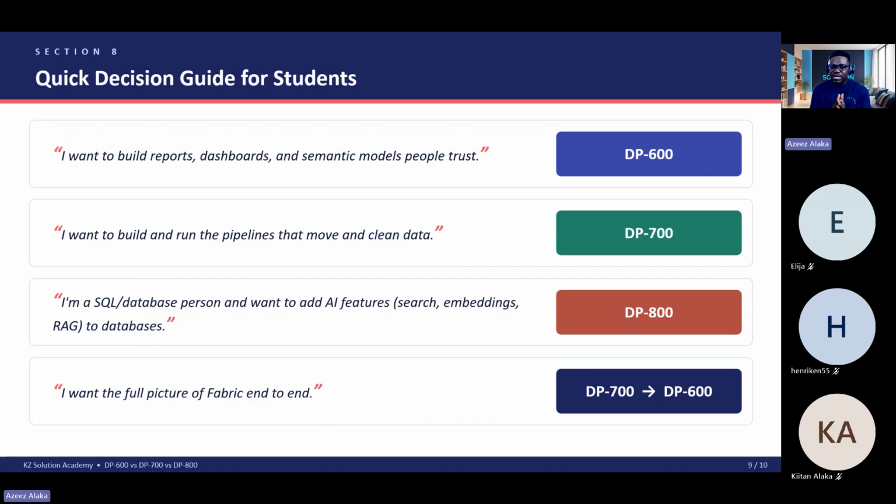Now for them to come up with that single report that has the company revenue and the expenses, it means that in one way or the other, someone was able to bring the data from all of these applications into one place and reconcile it, make it uniform, before a data analyst can generate a report.